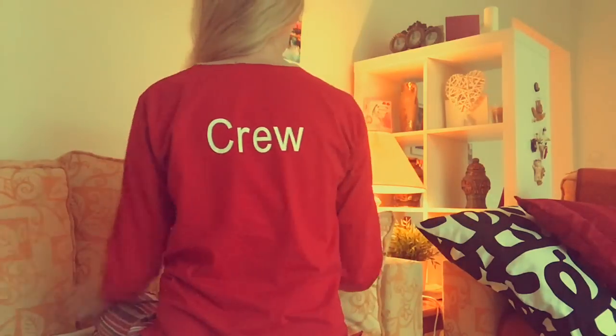If a passenger can see someone dressed like this, do you think they can identify that it's crew? Yes, they can. And do you know how? Because that's a very smart thing that we have on our pajama. If I turn back to you right now, it says crew. So that's why passengers can identify that. All right, this is the Emirates crew, and she's probably taking a break, or she's going to the toilet, no, of course not to the toilet, she's taking a break, so that's why she's wearing the uniform,